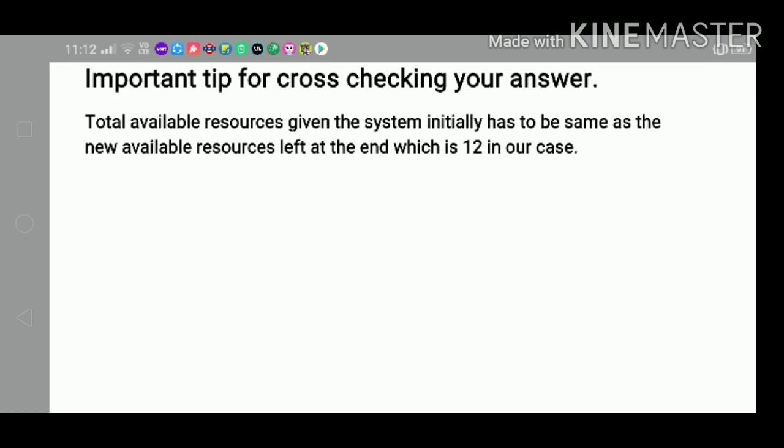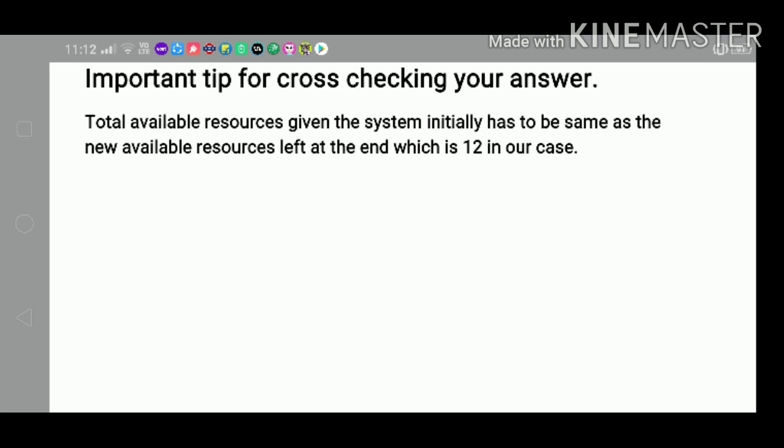So first of all, if it is not directly given the total count of the available resources, what we have to do is count the number of resources. So how we are going to count the number of resources? How we are going to find the total number of resources in the system will be what? The total allocated to all the processes plus actual available in the system, that will give us the total count.